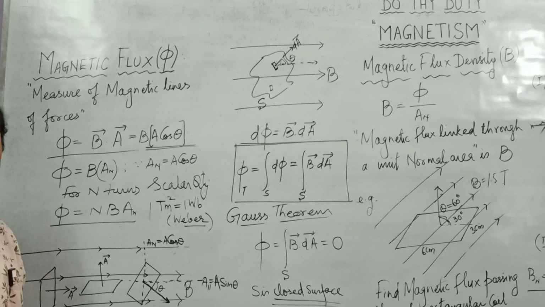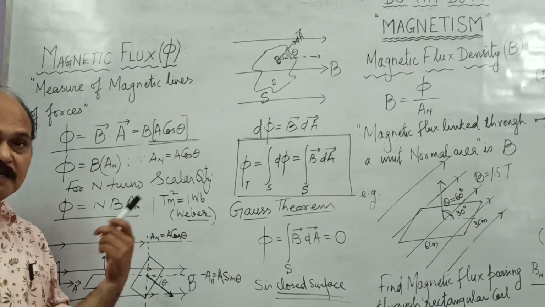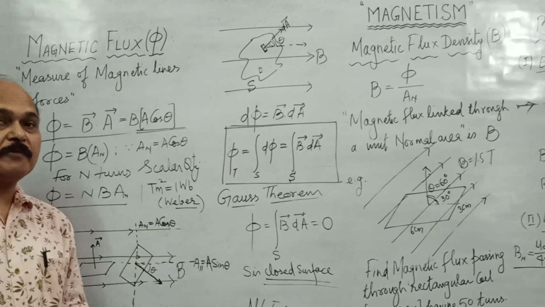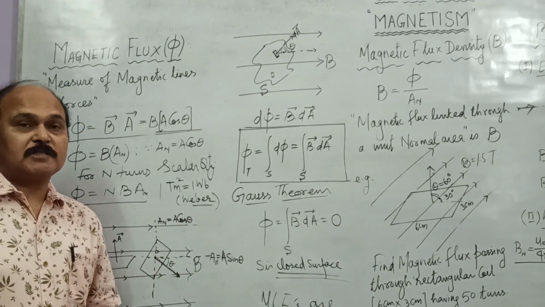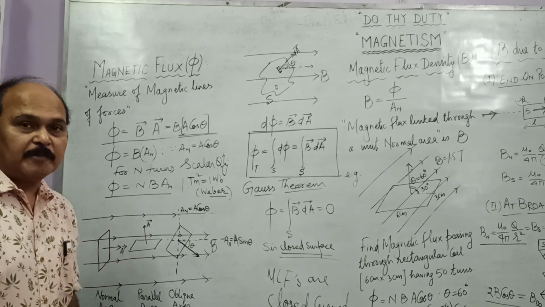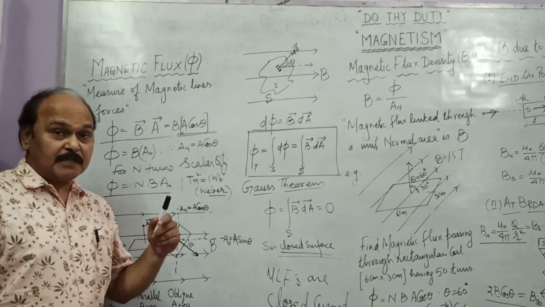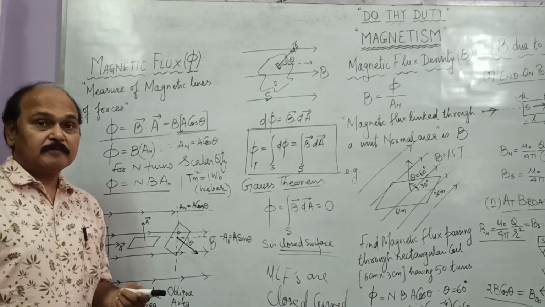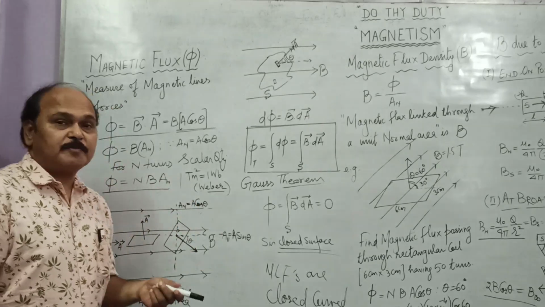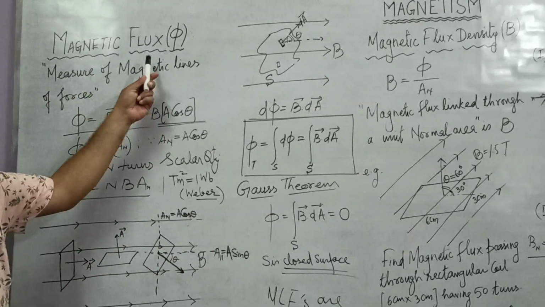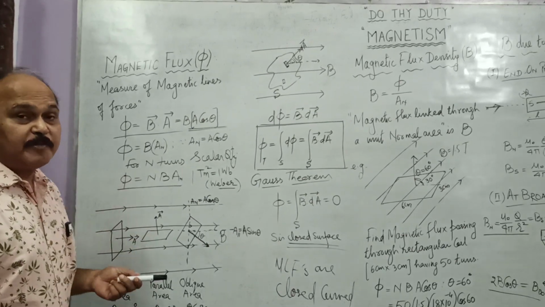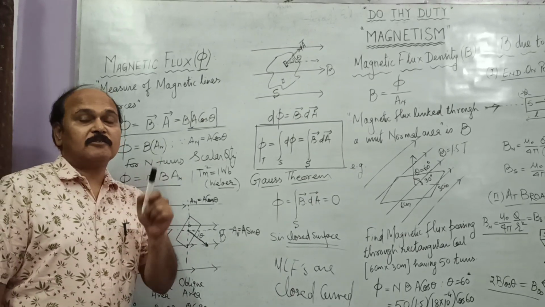Magnetic flux. Children, a magnet creates a magnetic field around itself, and this region of magnetic field is made up of some imaginary lines of force called magnetic lines of force. Magnetic lines of force cannot be expressed in their number. We cannot count them. Still, their number is expressed with the help of a new quantity called magnetic flux. So magnetic flux is a measure of magnetic lines of force.